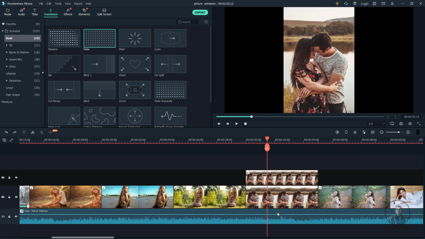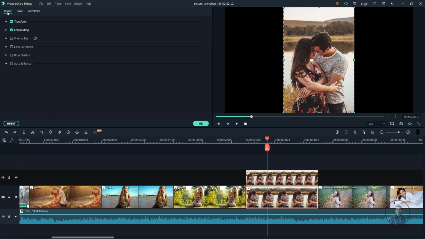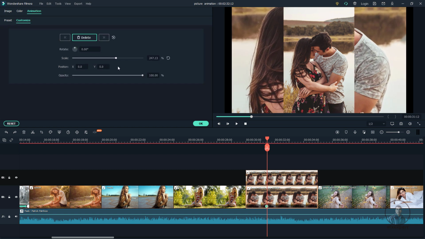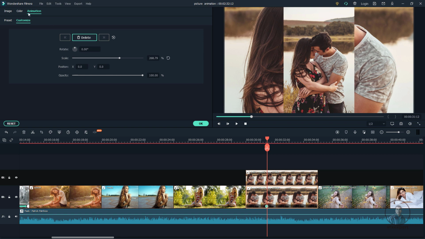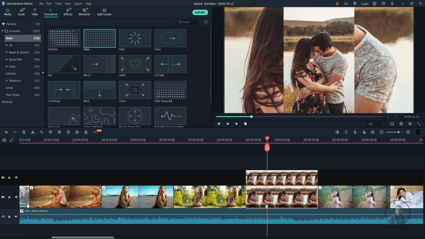Now we have to select this lower picture here, then double click here, then simply we can scale it here, not animate. So in this image we can use this transform, even we can also use this scale and simply we can scale. But mainly this option is for animation and this option is for fixed transform values here. Okay. Then after this we have to apply a blur effect here.